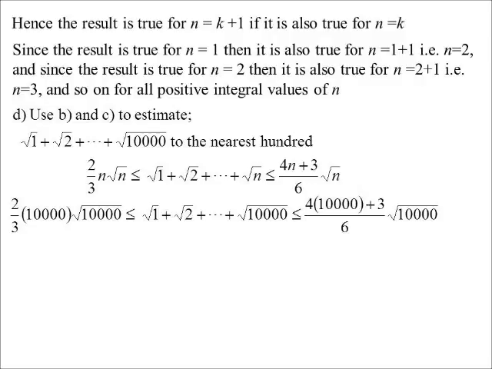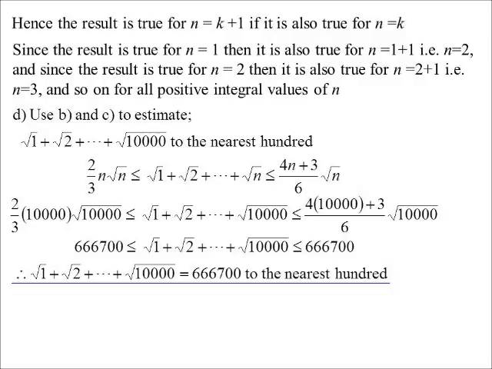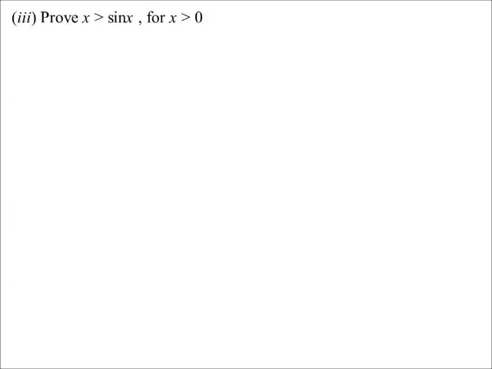So we do know that the value will be in between 2/3 of 10,000 root 10,000 and 4 lots of 10,000 plus 3 divided by 6, all times root 10,000. And if we work that out to the nearest 100, something amazing happens. They're both equal to 666,700 to the nearest 100. So if it's in between 666,700 and 666,700, it must be